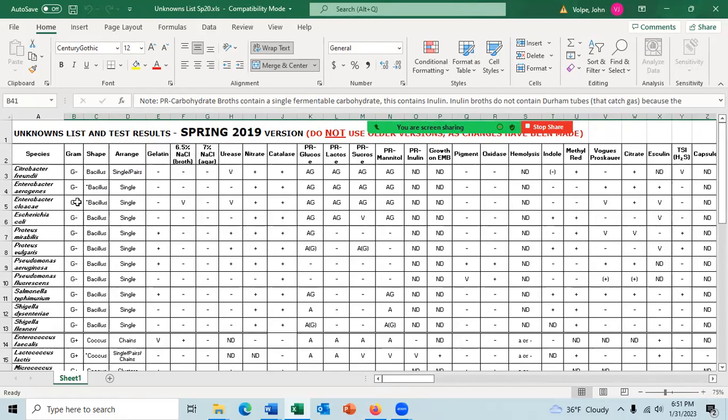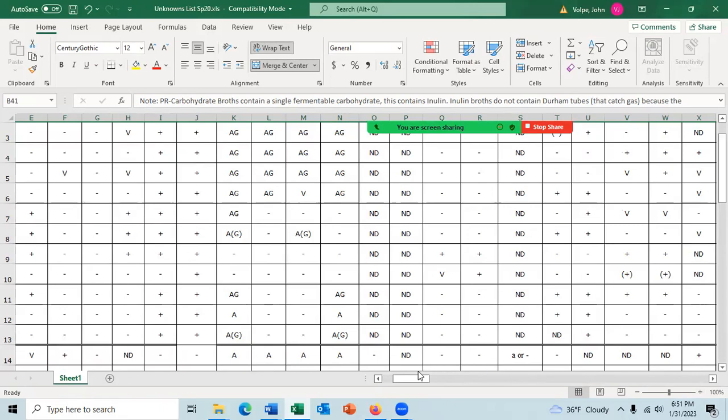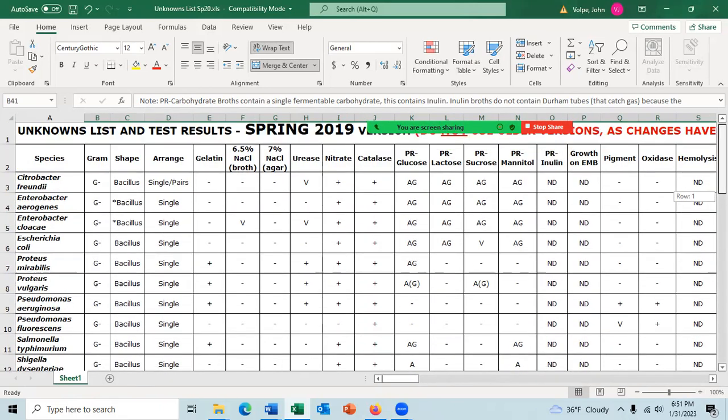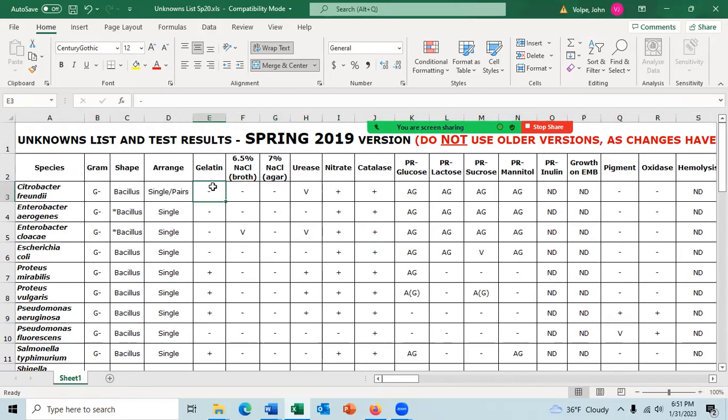So for the gram test, these are gram negative. For the gelatin, let me blow this up. Gelatin hydrolysis. These species are negative. These species are positive. That's negative, that's positive, etc. Any questions?